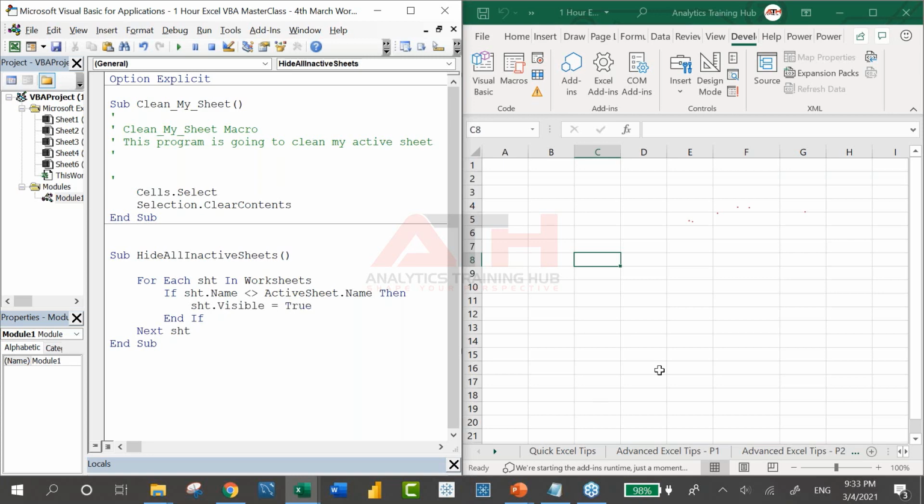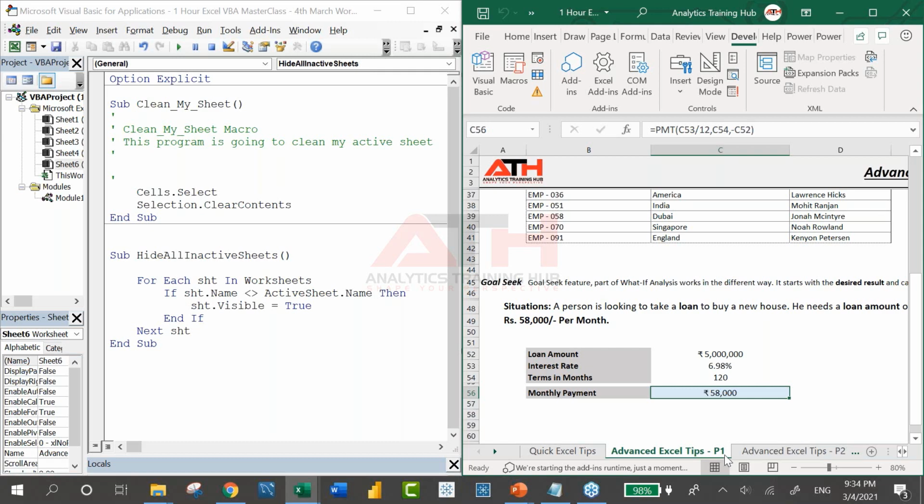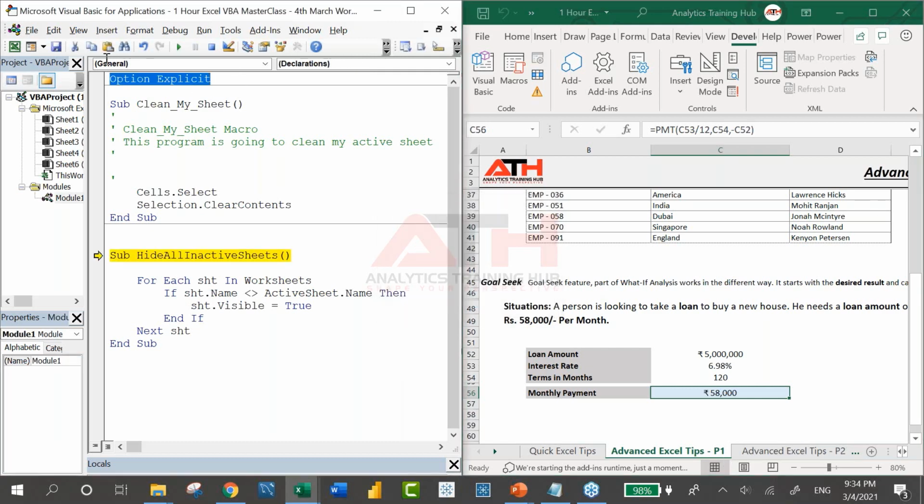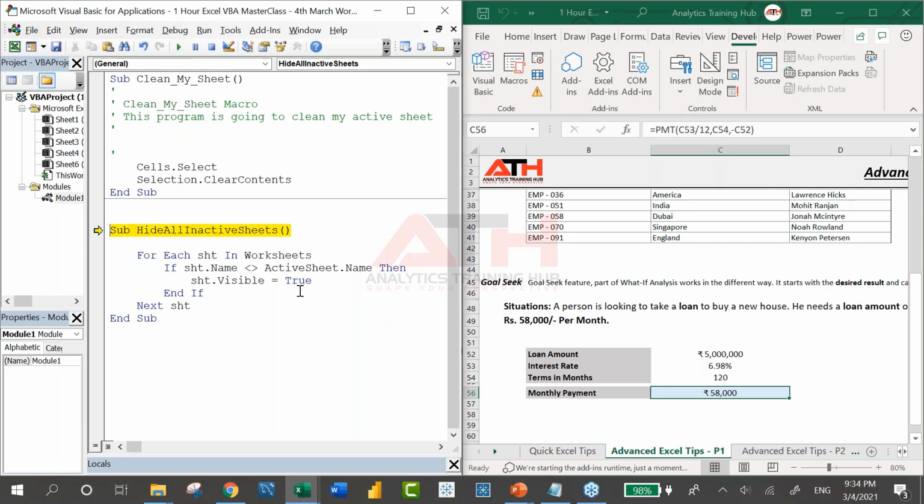hide it. Now you notice, I am going to jump into Advanced Excel Tip P1, right? F8. I have Option Explicit open, so I'm just going to remove it. Now you notice the sheet name is... I'm saying true, I should have said false, my bad.